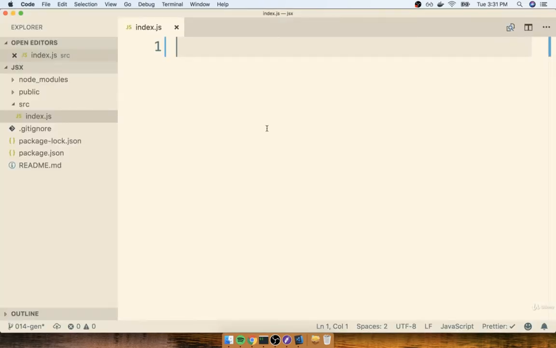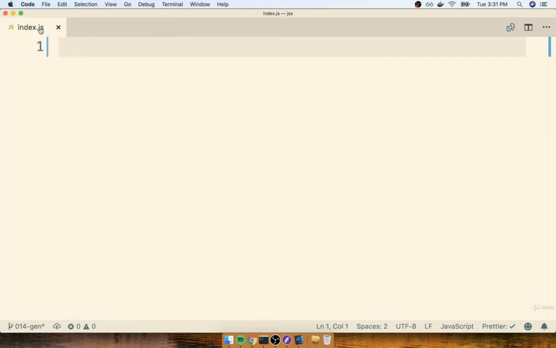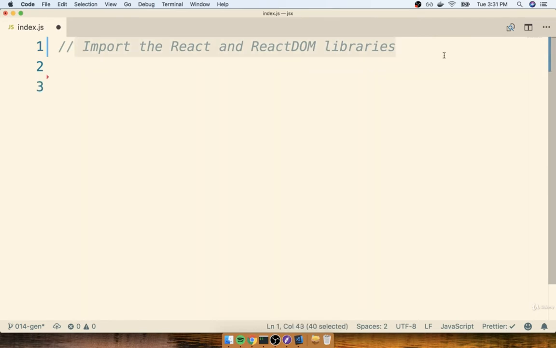So in order to get some content to appear, I'm going to put some comments into my index.js file that I just created. I'm going to place 3 comments inside of here that are going to guide me through the process of getting content to show on the screen when using React. So the first comment I'm going to put in here, I'm going to say import the React and React DOM libraries. Remember, back when we were using CodePen, we had to actually add React and React DOM as dependencies to our project. So we essentially have to go through a similar step here as well.